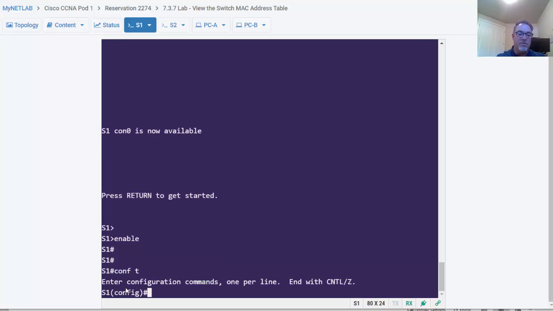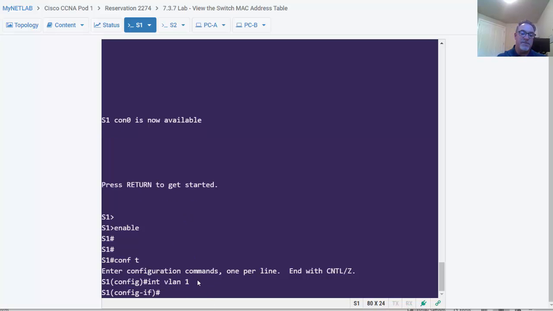So what I'll do is I'll go to global config mode, and I'll go interface VLAN 1. So we put the IP address on the switch on the switched virtual interface. And since all of the switch ports right now are in VLAN 1, we're going to associate the IP address of this switch with VLAN 1. So we put it on a virtual interface called interface VLAN 1. So here goes. IP add